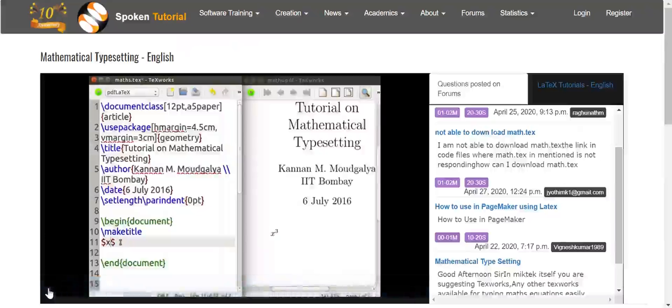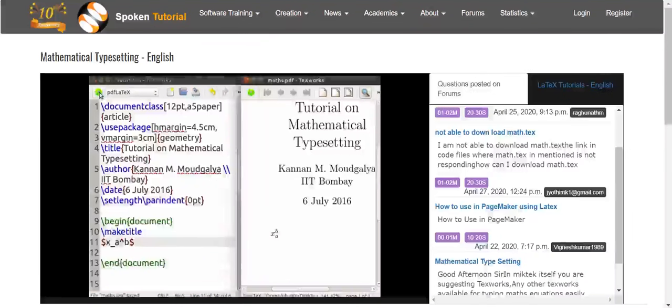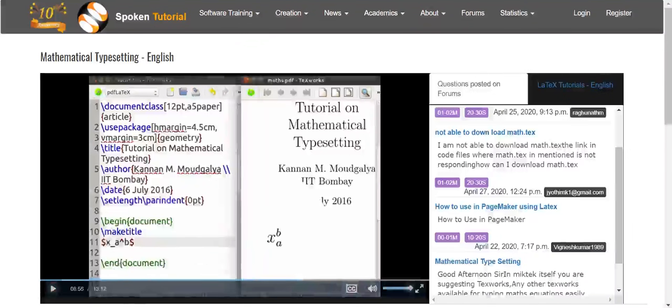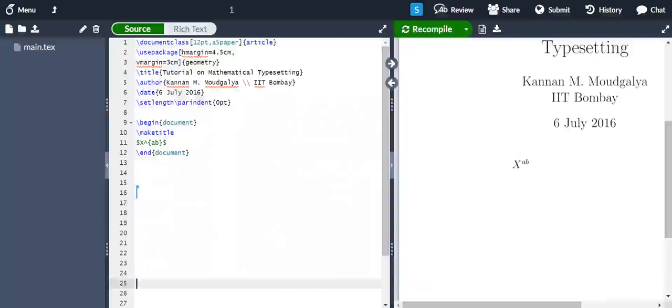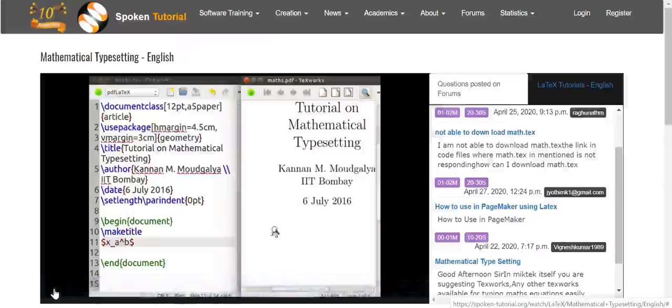Let us put x sub A superscript B. Let's compile. Once again, using braces, we can produce complicated subscripts and superscripts. Let me delete this.